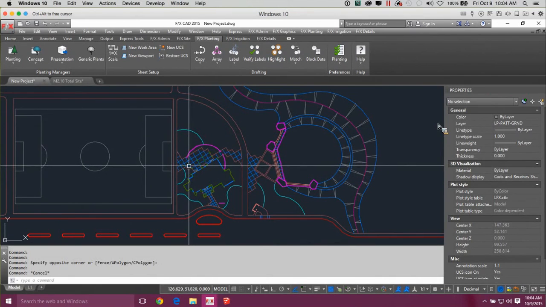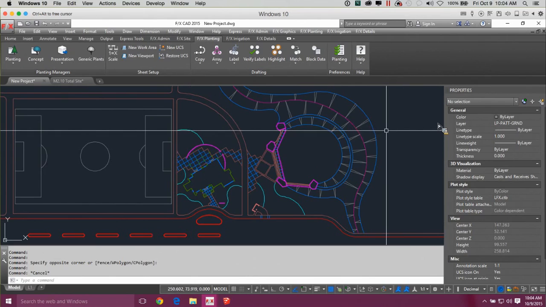You do not want to start planting on top of a consultant's drawing. You want to XREF that consultant's drawing into your clean base and start from there. So with that done, before we even start planting, we need to start our